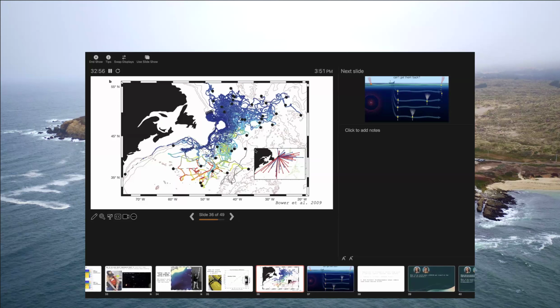And this is an example of a RAFOS study that demonstrates the density of trajectories that you can potentially achieve, and the spatial range over which you can observe, which is really remarkably large. The reason for this is because we take advantage of what's called the SOFAR channel in the ocean, which is a sound channel that basically allows sound to very efficiently propagate over long distances. And so we can get coverage of thousands of kilometers.